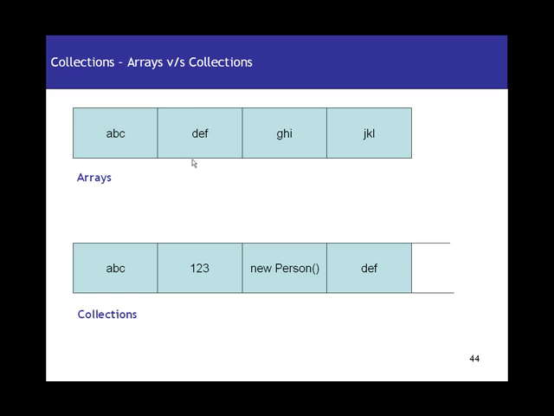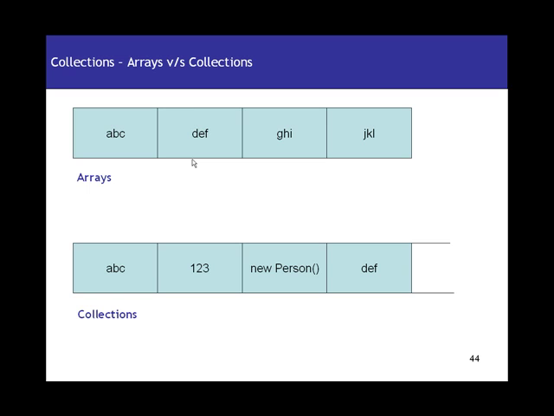It's actually not really correct to compare arrays with collections, but I'll just try and give an overall comparison between arrays and collections, because we've got different flavors of collections, and we cannot really compare each of these with arrays because they've got different functionality. But I'll try to give an overall comparison of what advantages and features we have in